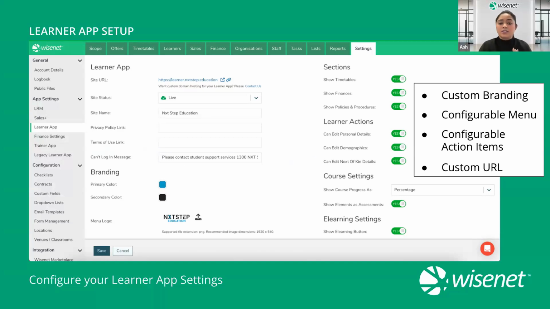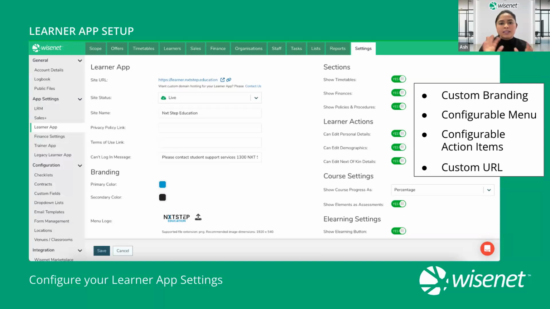Customize the branding to align with your organization and control the visibility of sections like documents and timetables. The access and authentication are managed securely, and of course the Learn resources are readily available to guide you step by step. A link to these resources will be shared with you, as I said, with the recording,